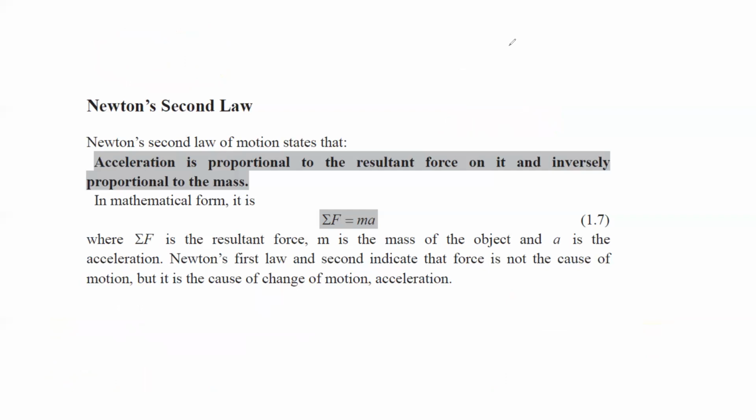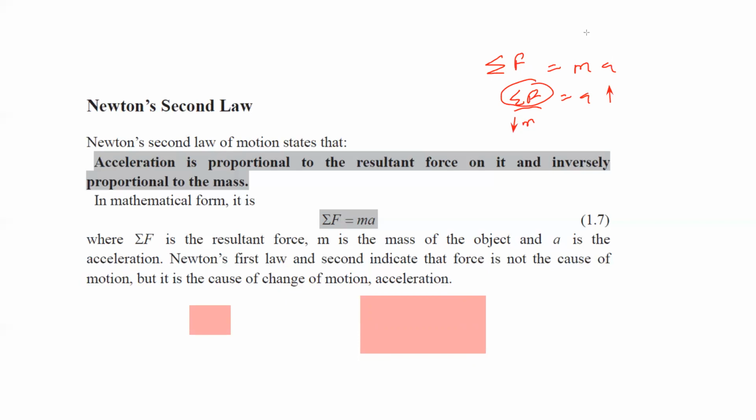And what about the relation between mass and acceleration? For that purpose, we have to keep the resultant force constant. So we know resultant force is equal to ma, or resultant force divided by m is equal to a. So the resultant force must be kept constant. If we have two objects of different masses, this relation shows that mass and acceleration are inversely proportional, so the lighter object will show a greater change in speed.